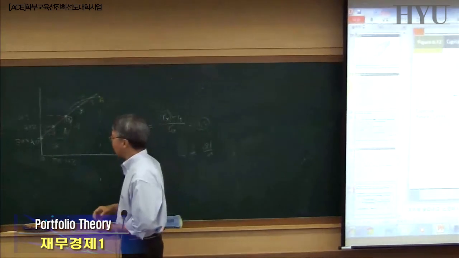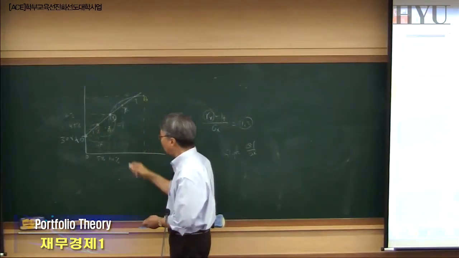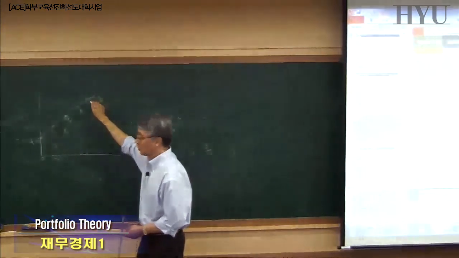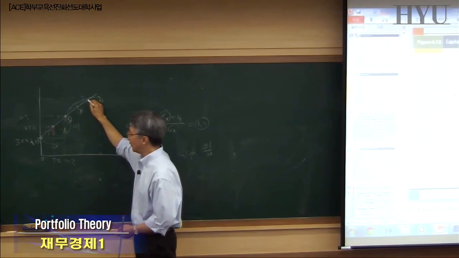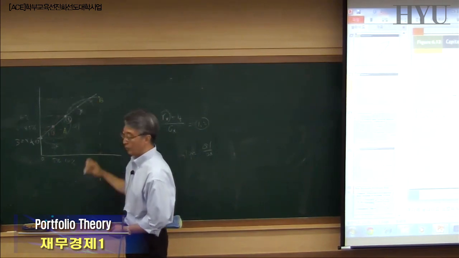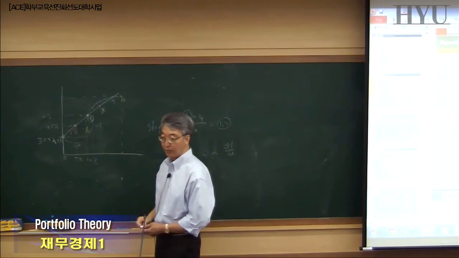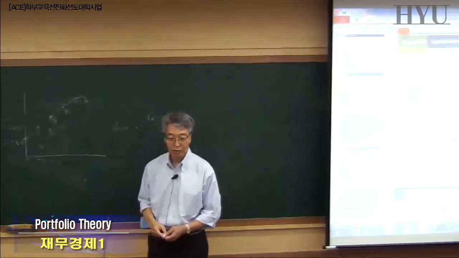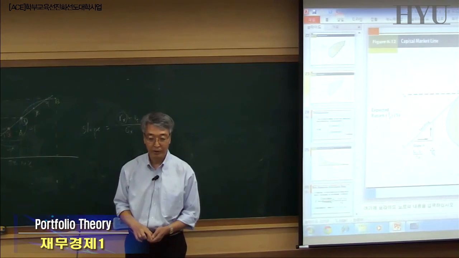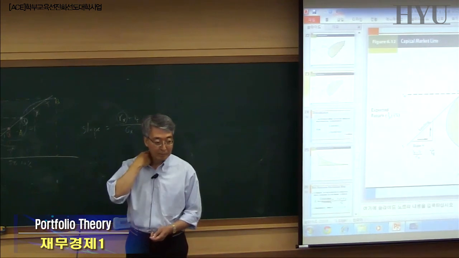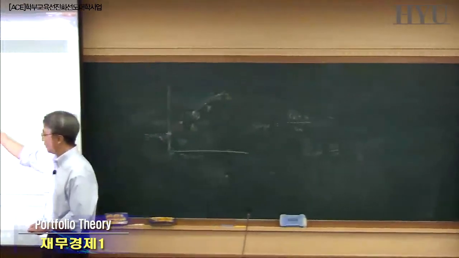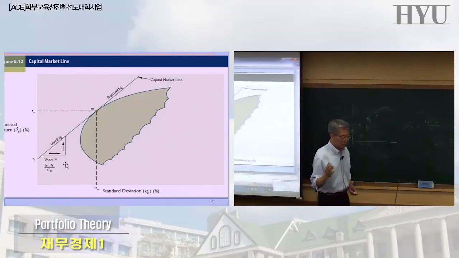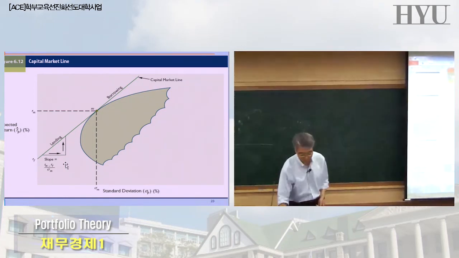So instead of doing X or Y, what should you do? Instead of investing your money in X or Y, you should try to make it steeper, okay? And when can you achieve the steepest slope? In other words, tangency, right? Like this, right? When the line is just touching that curve, right here, right?